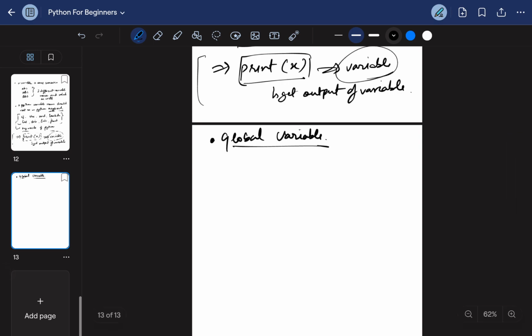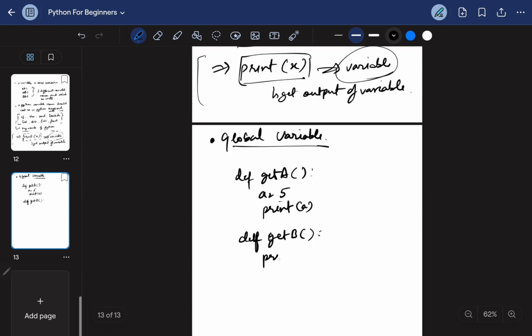The technical difference between them is that a global variable can be accessed within or outside the function, and a local variable can only be accessed where it is defined. If it is defined in one function, it can only be accessed in that function and not in other functions. So suppose I have two functions, def get_a, and it has the value a = 5, and it will print a, and then I have def get_b,